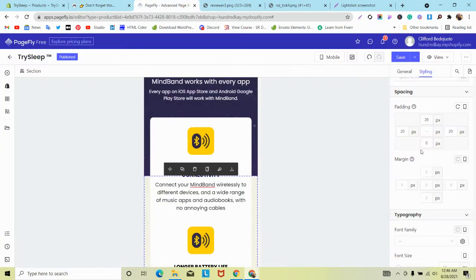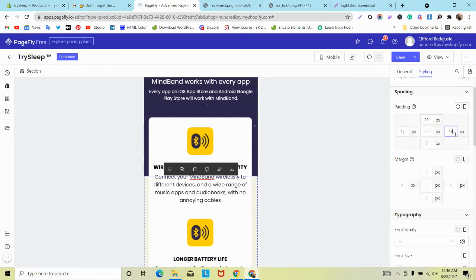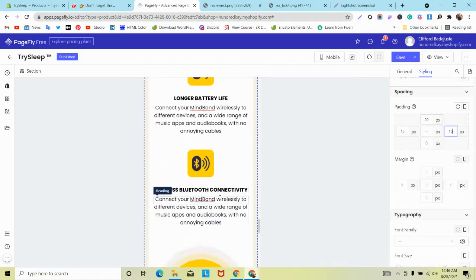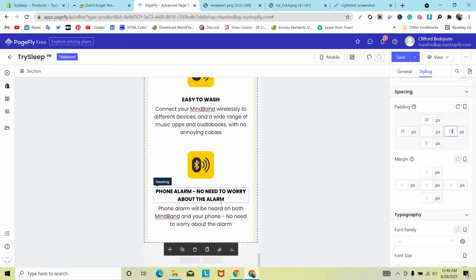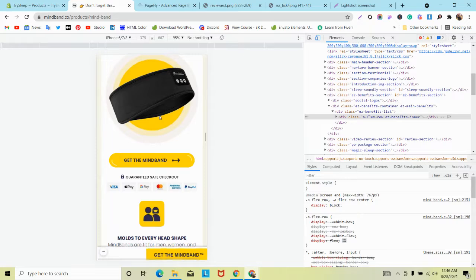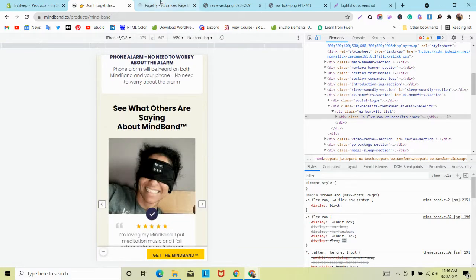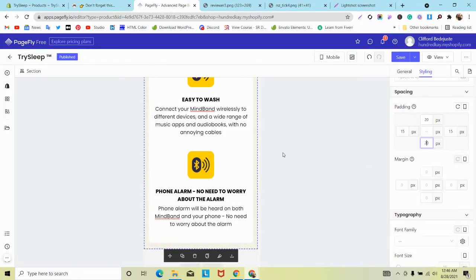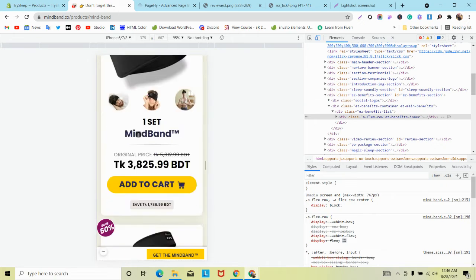And I think we are using more gap. We don't need to add too much. Okay, let me check how it looks below this. Okay, I can use 20 for